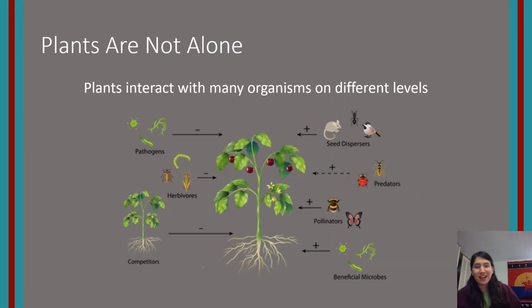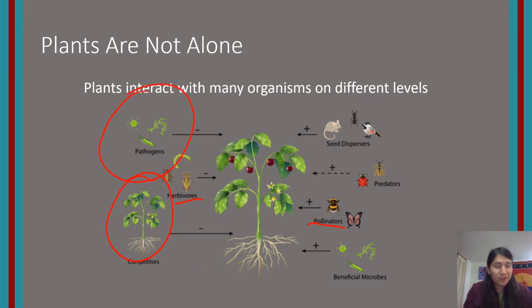As I mentioned, I work in the Department of Plant Pathology, and what we do mainly is deal with the interactions between plants and microbes. Plants interact with many different types of organisms on different levels: plant-plant competition, herbivores from insects and animals, and also pollination. There are also interactions between plants and microbes. We deal with pathogens, which is where the name plant pathology comes from, the pathogens that cause disease in plants, such as the Irish potato famine and other diseases like rust and wheat blight.